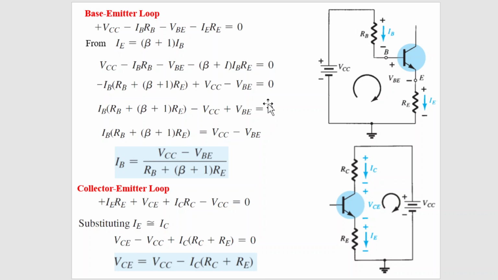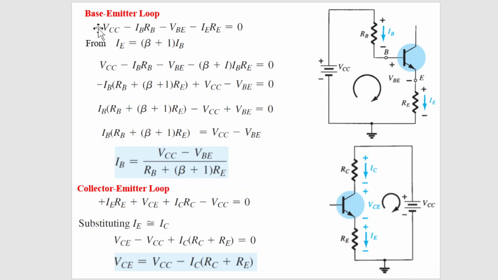Okay. Now you can apply Kirchhoff voltage law in the base emitter loop. If you apply clockwise or anti-clockwise, you can get this equation. If you apply anti-clockwise, moving in this way, here IERE, so that is minus IERE minus VBE minus IBRB plus VCC equal to 0, that is anti-clockwise. If you apply clockwise, that is plus IBRB plus VBE plus IERE minus VCC equal to 0. Both are the same. Whatever you want, you write.